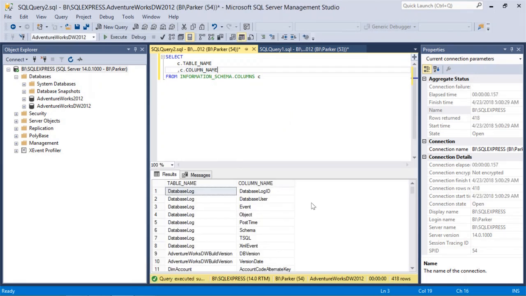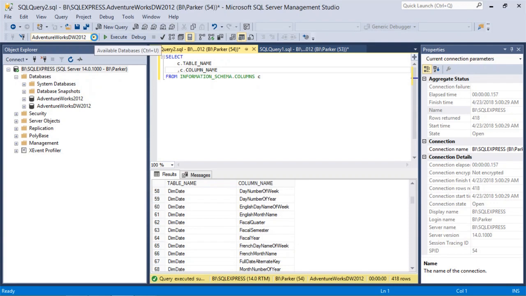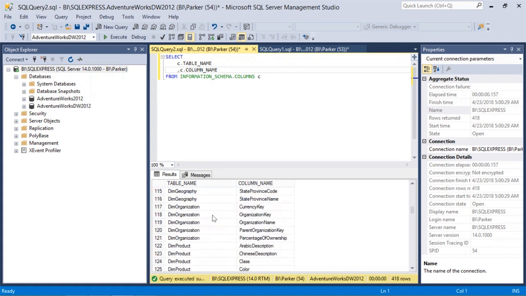And once we run that query, we will see that these are all of our different table names. First of all, make sure you're on your proper database. You want to be on the database that you actually want to visualize. It's AdventureWorksDW2012 for me. So make sure that's selected. So this is showing all the different tables and all of the different columns in those tables, just stacked on top of each other. That's awesome, but not exactly what we want,